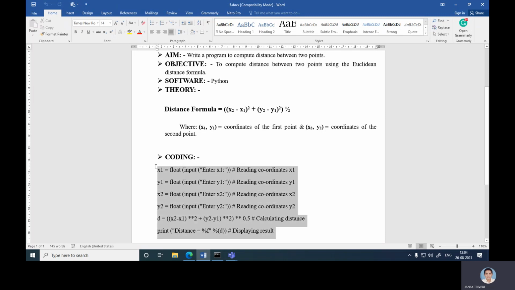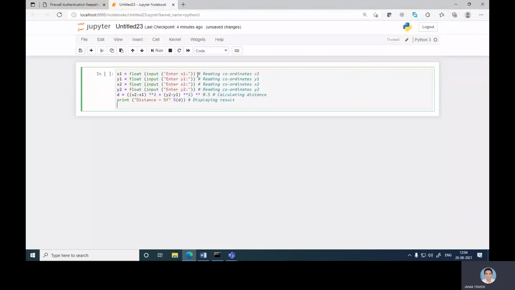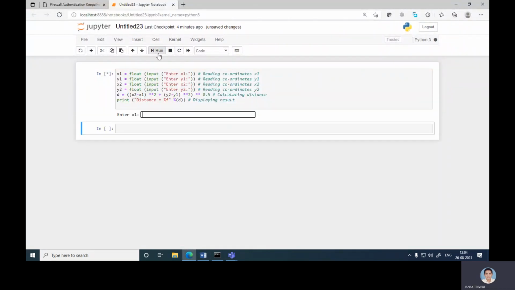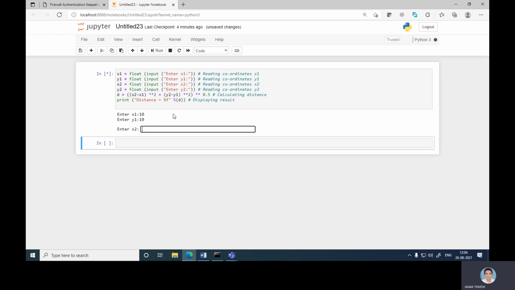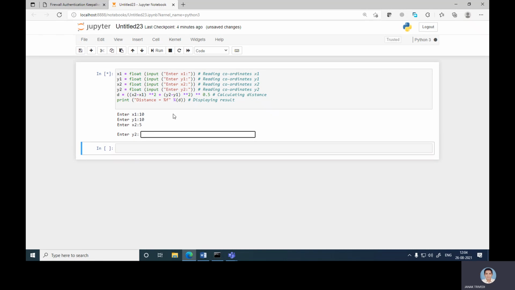So we try to run this program in Jupyter Notebook. After running, first we enter the x1 value, then the y1 value, then the x2 value and the y2 value. The result shown is 7.07. You can check